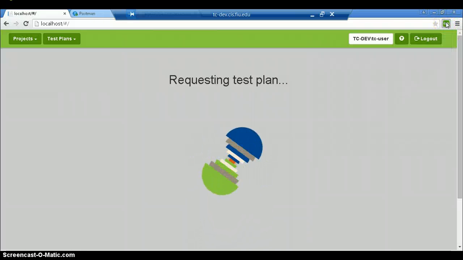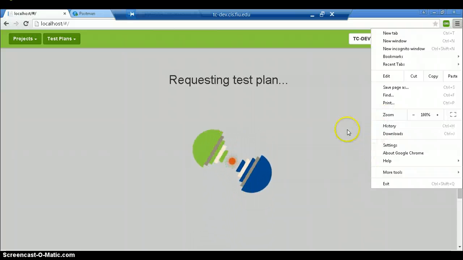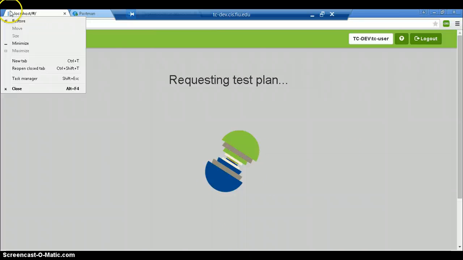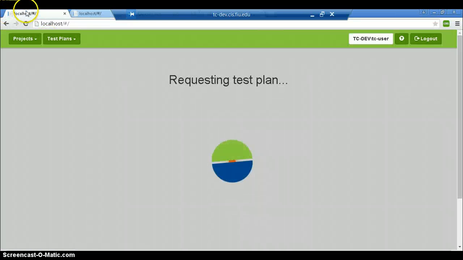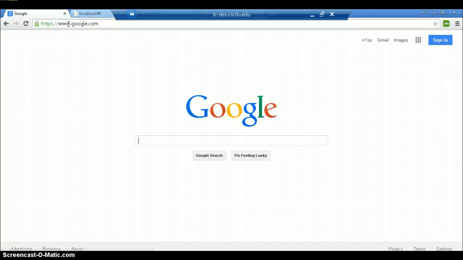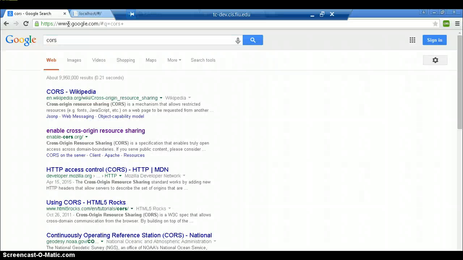So where do you get this? You get this from the Chrome store. You can Google it, it doesn't matter. You can Google and then type CORS. So what is CORS? Let me explain to you. Cross-origin resource sharing. Basically, this is to be able to share